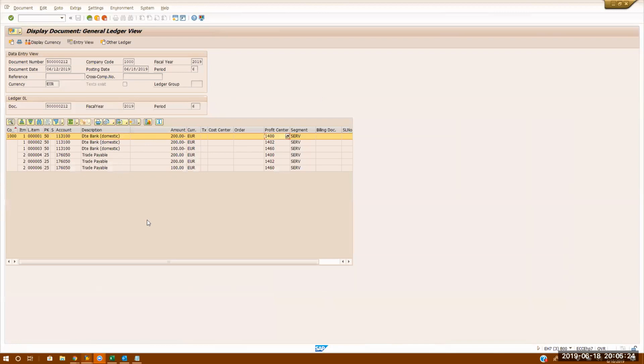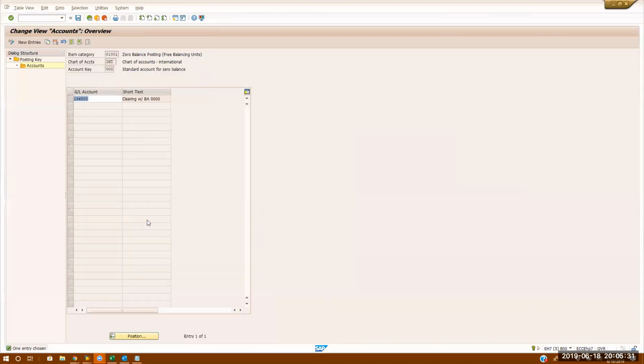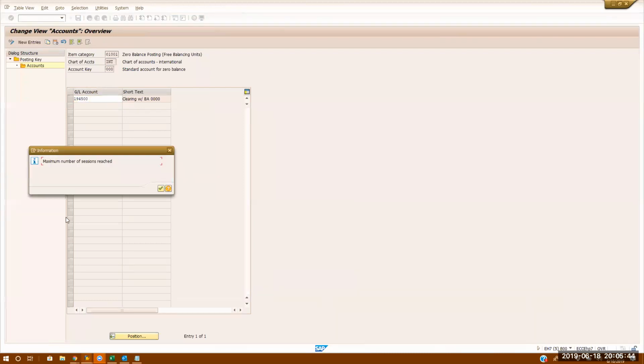So, the zero balance clearing account that we have to create. Yeah, you have to create a zero balance clearing account and assign it here. This we have to create in the GL, right? Correct. It's GL master data. You have to create it. The reason I say clearing, if you go to FS10N, for example,